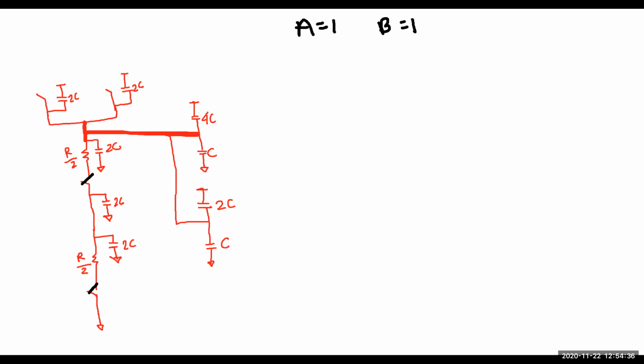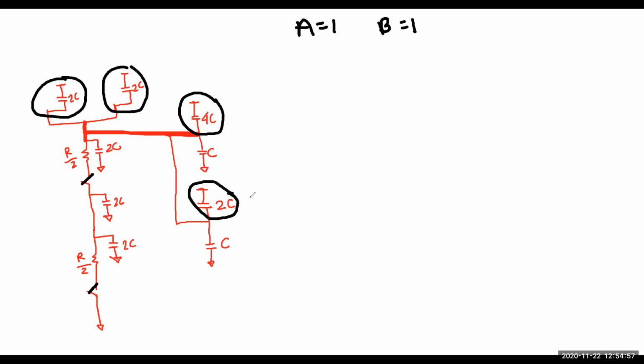We have our circuit. I'm going to make them a bit beautiful, like this. Now what? Now we need to make them combined. So how to make them combined? These 2C, these 2C, these 2C, these 4C, and these 2C. They are what? 6. They are parallel, right? Yes, sir, they are parallel.